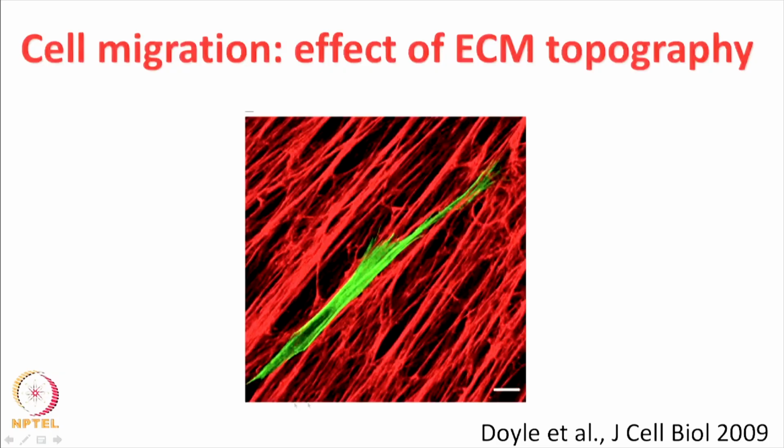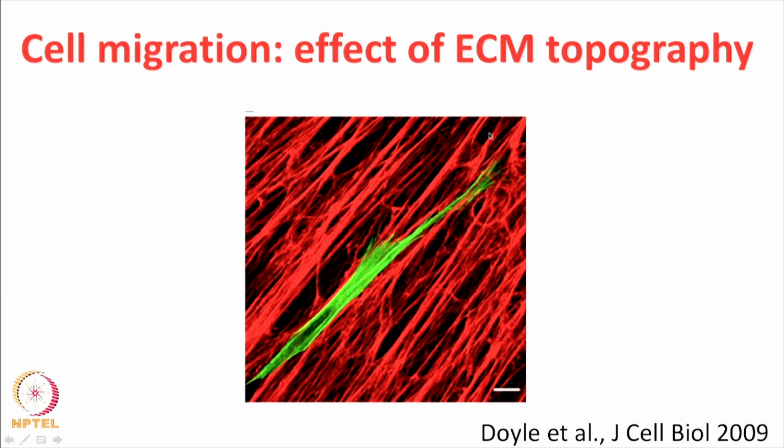So, what would happen if you plate a cell? As I said, if you plate these cells on these aligned matrices, there is greater chance that the cell will migrate along this, and this is made clear by this picture where the red depicts the matrix, which you see is broadly aligned in one particular direction, and this in green shows the cell. So, what you see is the cell almost elongates along the long axis of the fiber, taking the fiber as a topography. It can sense the underlying topography provided by the matrix, it aligns along these and walks along the